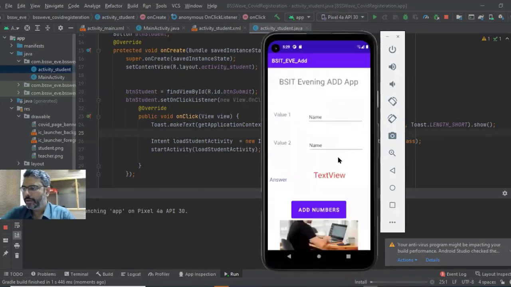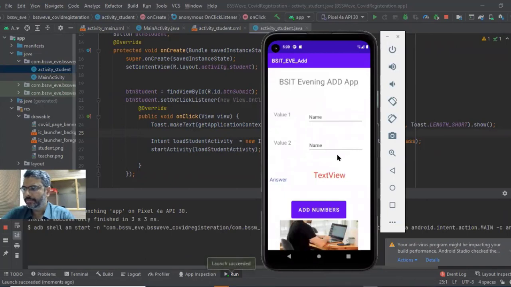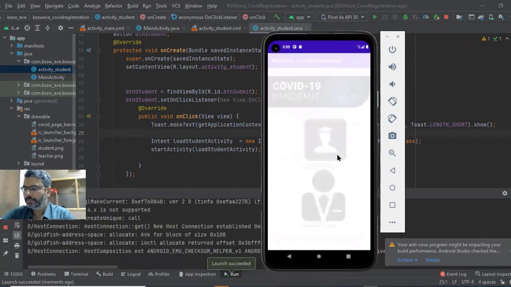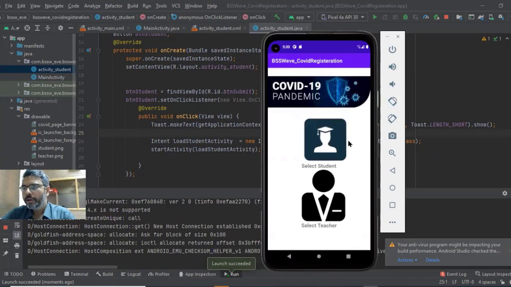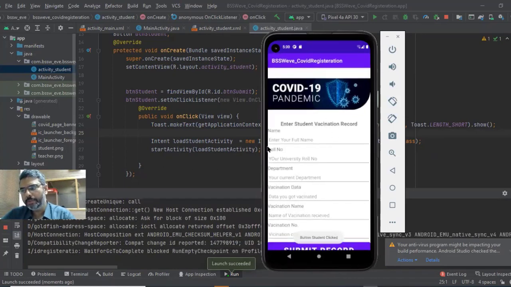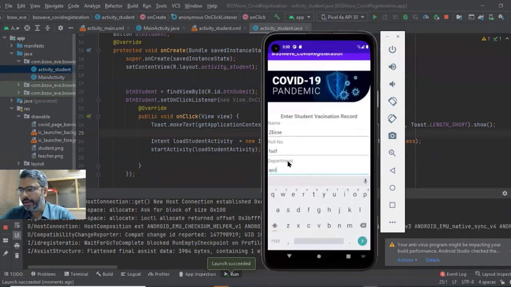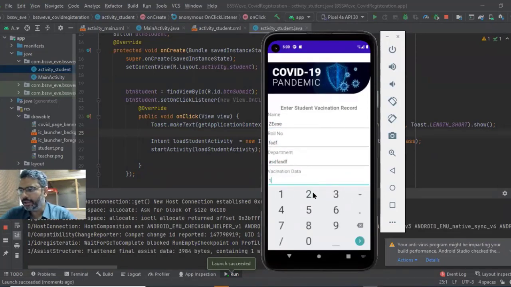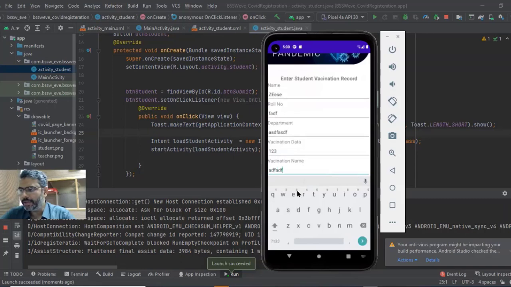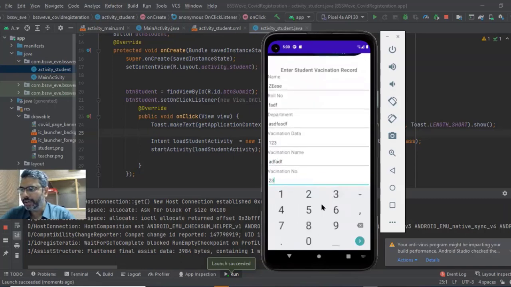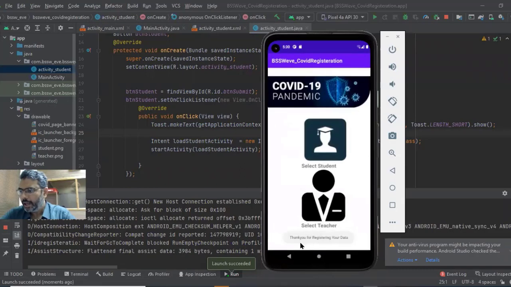And let it load. Wait a second. There we go. So I click on student, पेज आ गया, यहाँ पे नाम दे दिया मैंने अपना, रोल नंबर, डिपार्टमेंट, वेरिफिकेशन डेट, मैंने नेम दे दिया वैक्सीनेशन का, वैक्सीनेशन नंबर दे दिया, क्लिक ऑन सबमिट। थैंक यू फॉर रजिस्टरिंग योर डेटा एंड इट इज नाउ गोइंग बैक इनटू माय मेन पेज। मेरी ऐप बन गई, बहुत सिंपल सादा सी ऐप। स्टूडेंट पे क्लिक किया, ऐप बन गई।